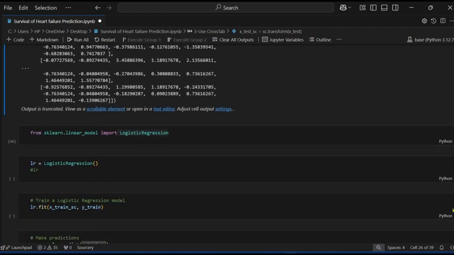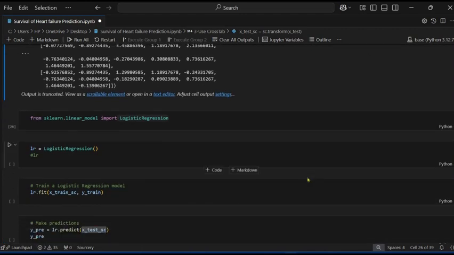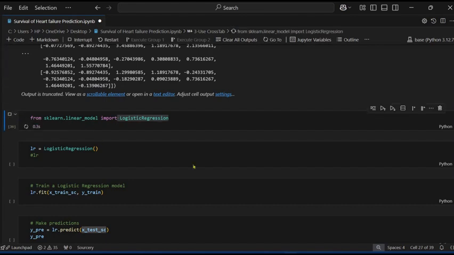The next is I'm using logistic regression. You know logistic regression predicts the data in a categorical way, where the dependent variable is mostly categorical, meaning yes, no, true, false, and 0, 1. It's working. Now create the method.